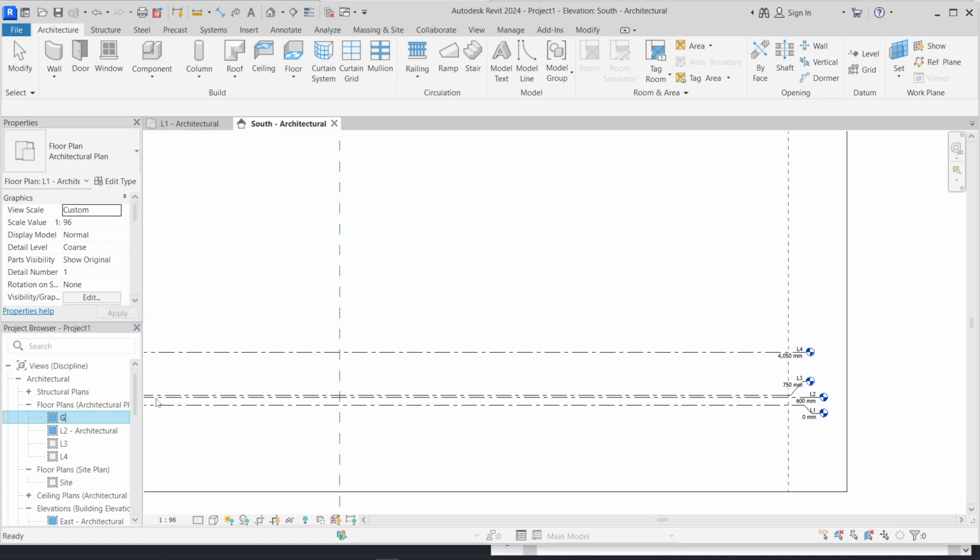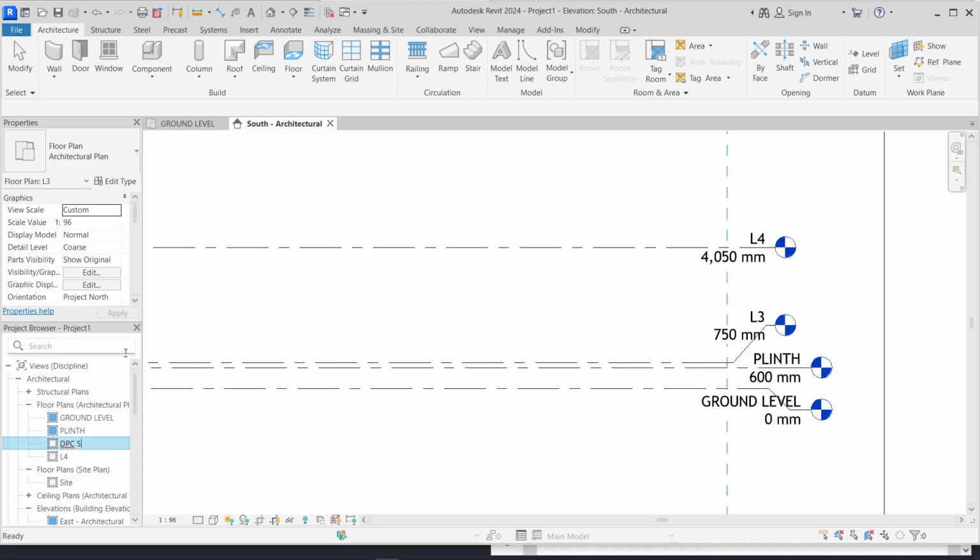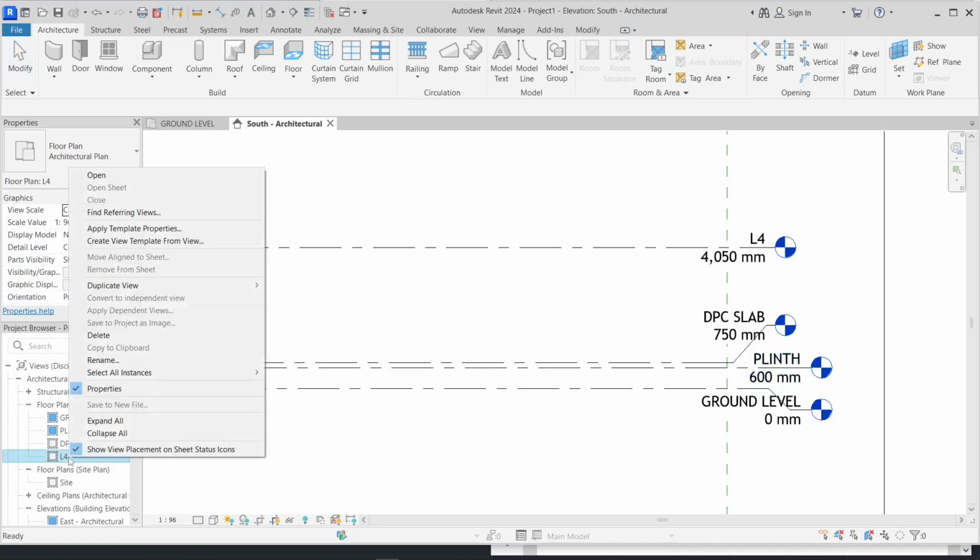You can name it ground. Sorry, you can name it DPC slab. Okay, DPC slab is perfect. It changes automatically. Level 4, I can say